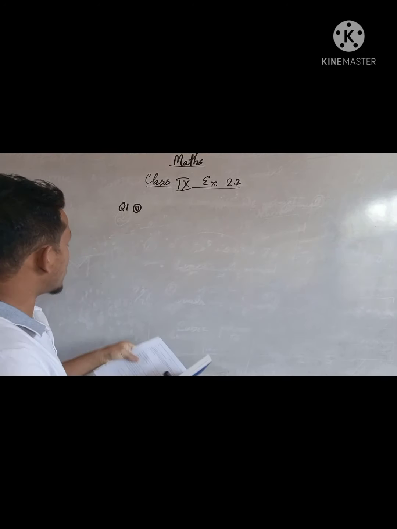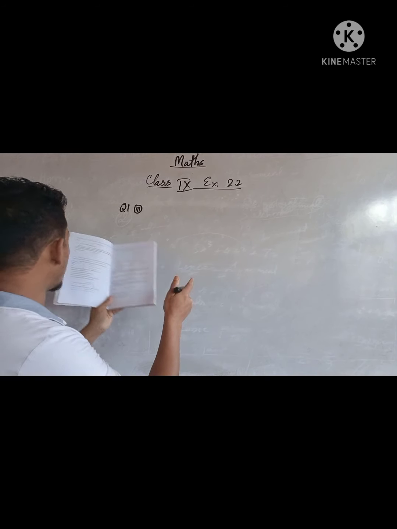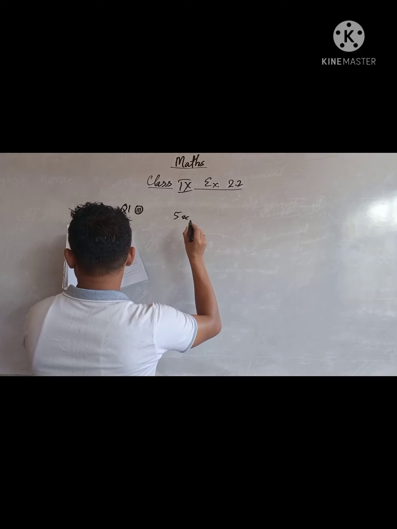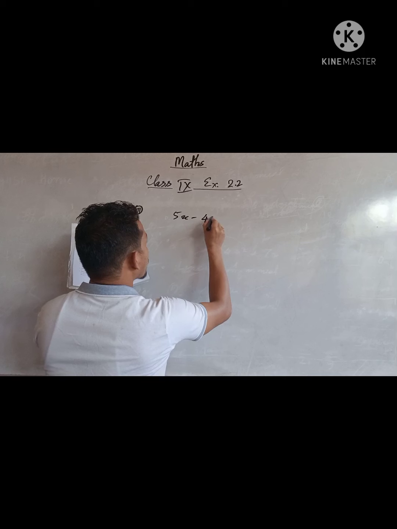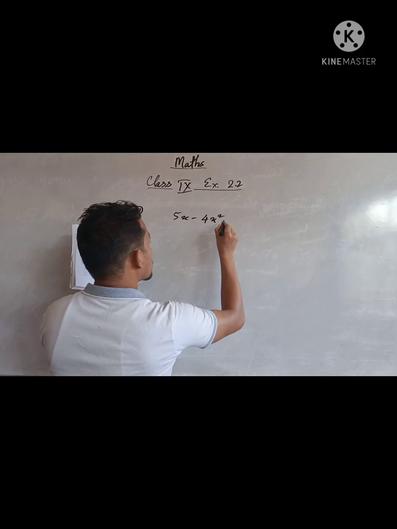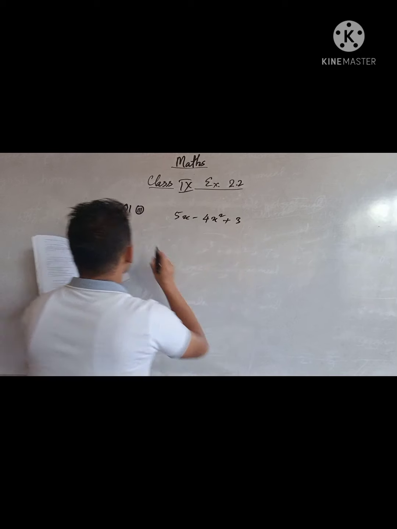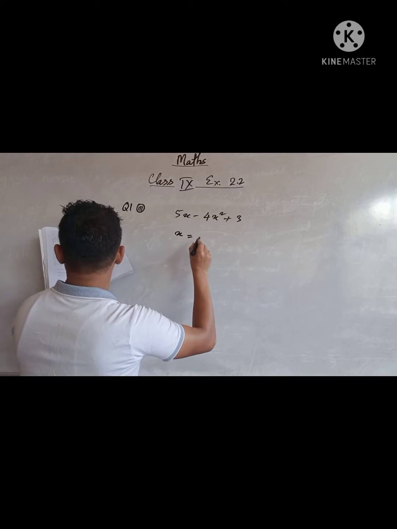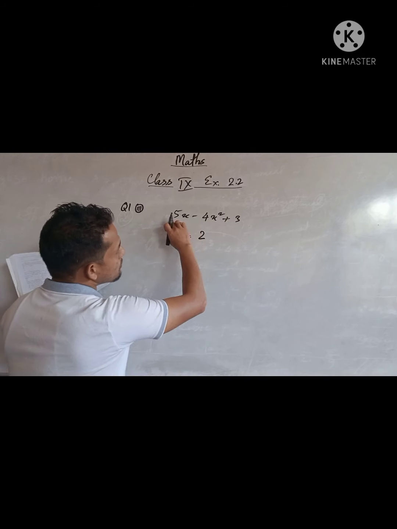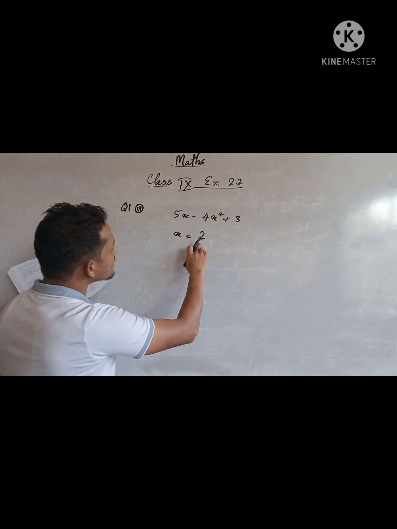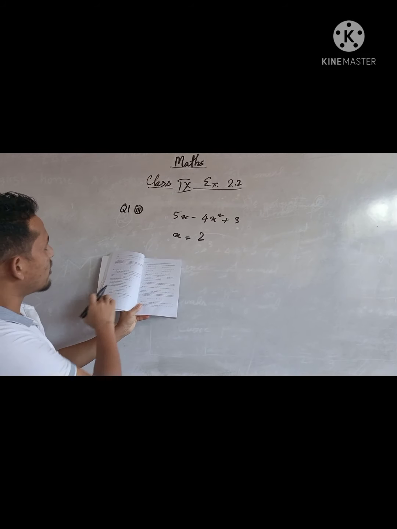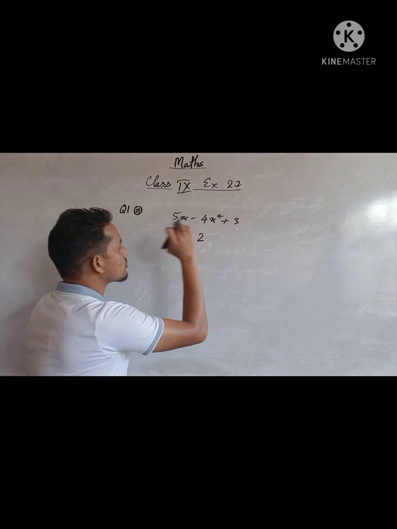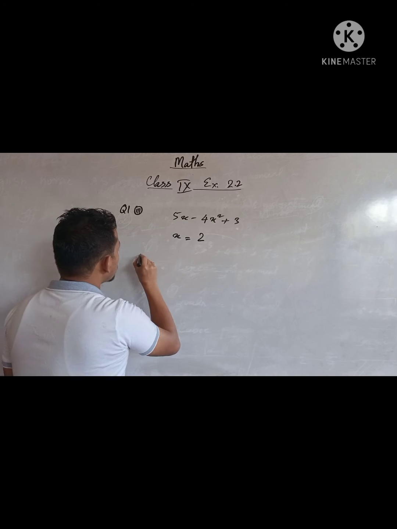So now for this exercise, first let me write the question here. The polynomial given is 5x minus 4x square plus 3. In Roman number 1, the value of x is given as 2. This is your main polynomial and this is the value of x. So we are going to find the value of this polynomial if x is 2. So what we will do here now in your solution,